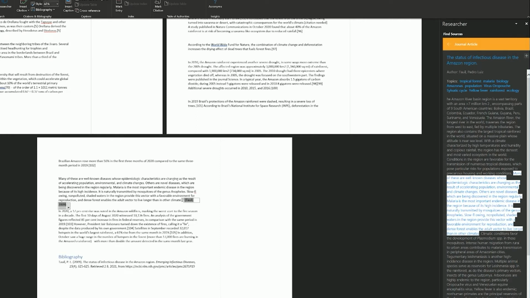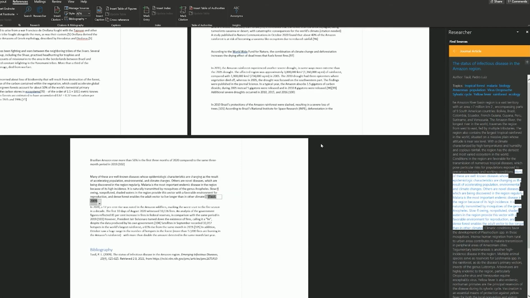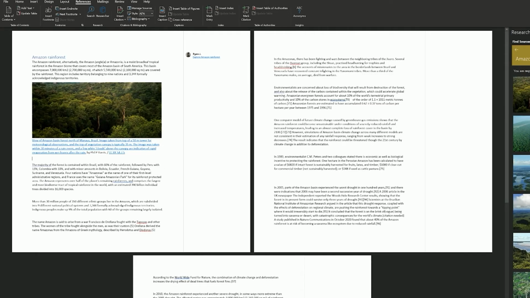If the format of your bibliography doesn't suit the requirements of your document, you can modify it accordingly by scrolling down to the bibliography box and updating what needs to be changed. You can also open the Manage Sources window at any time in the References tab to edit, delete, and create new citations. Find an image you'd like to add to your paper? Just click on the plus sign next to the image and it will be immediately added to your document.